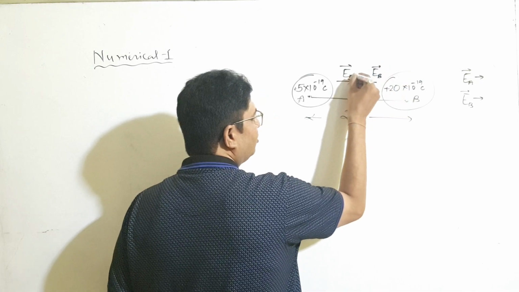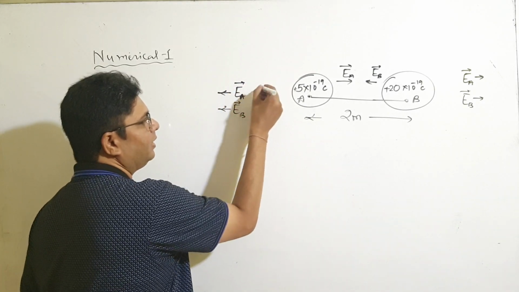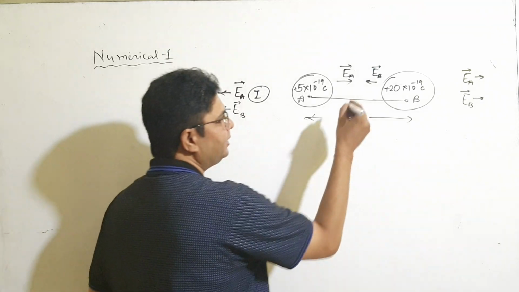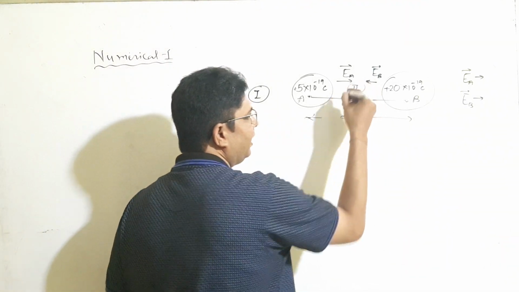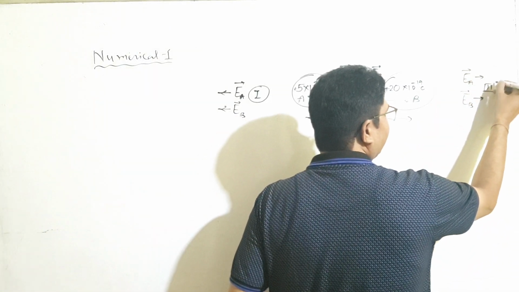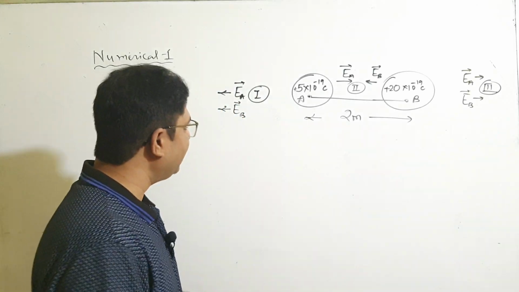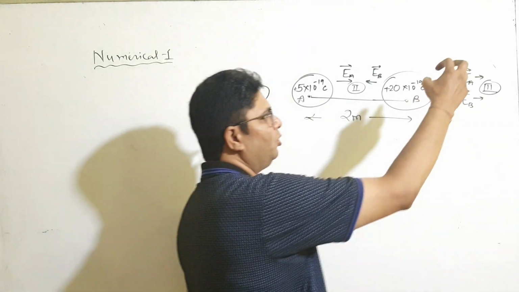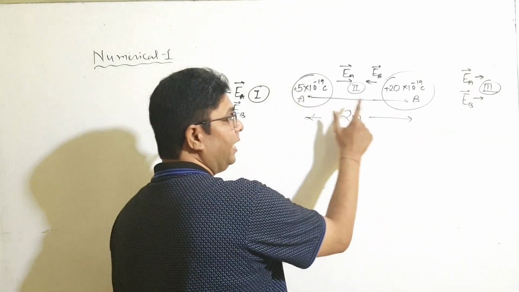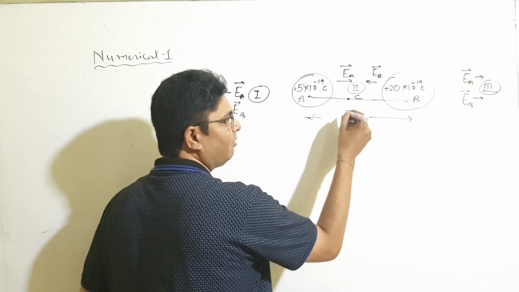in this direction. So you are seeing that electric field in region 1 is in outward direction, the same direction. In region 2, electric fields are in opposite directions, and in region 3, electric fields are again in the same direction. So there is no possible chance that electric field will be 0 at this place or at this place. This means that electric field must be 0 between A and B. So we have to take a point C here, where electric field is 0.